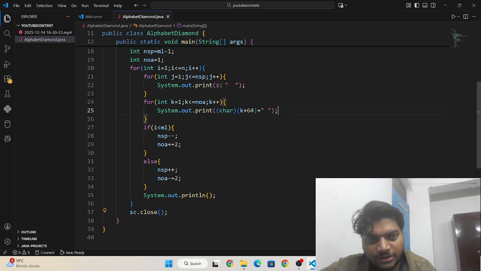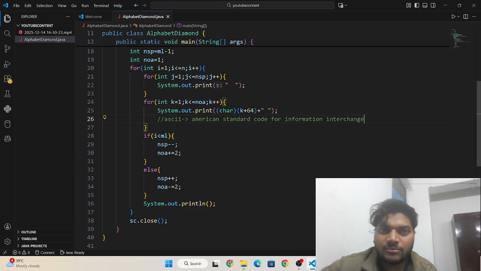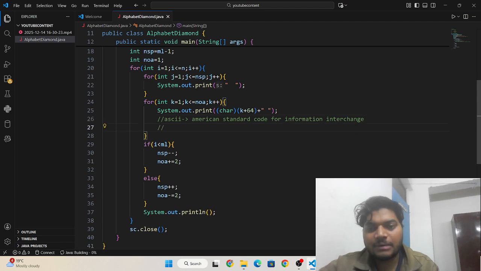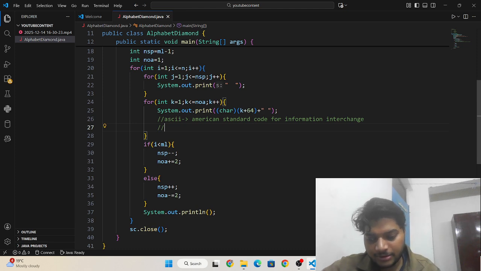Now I'm explaining what is the ASCII value. ASCII value is the American Standard Code for Information Interchange. Okay, and because we have to make the alphabet diamond, in alphabet the